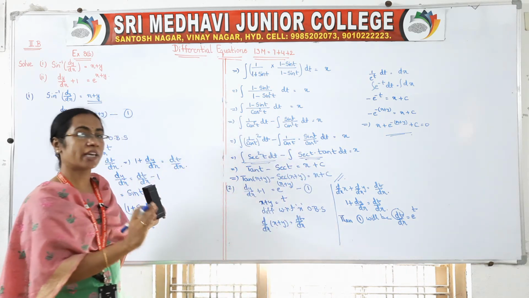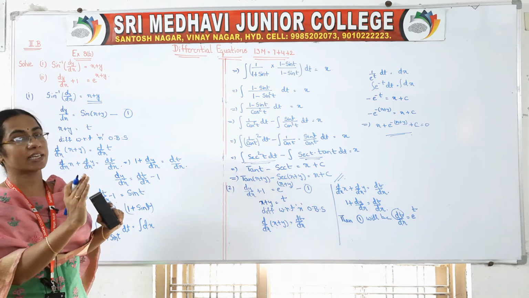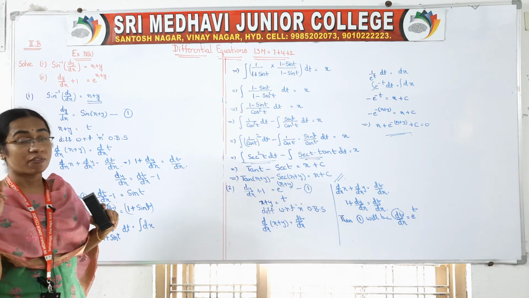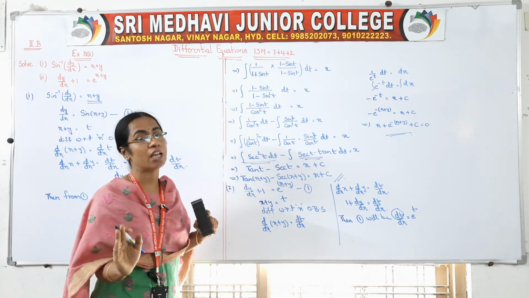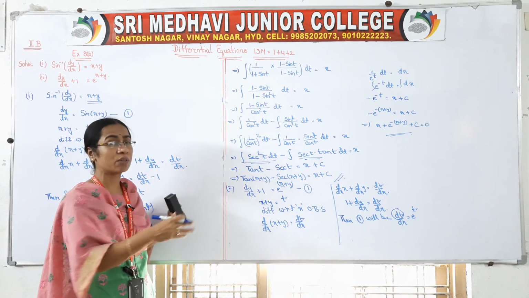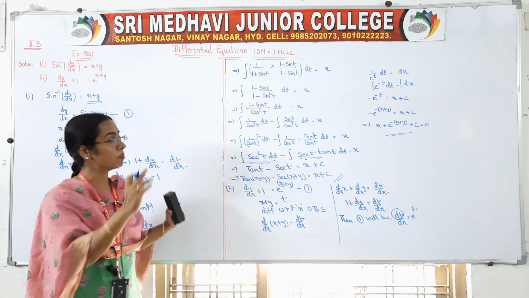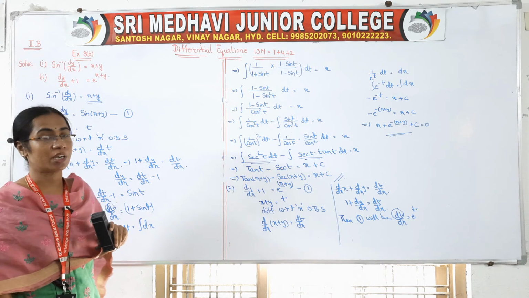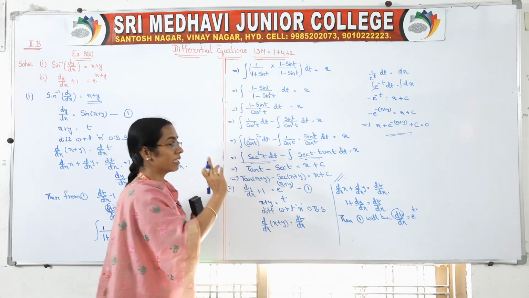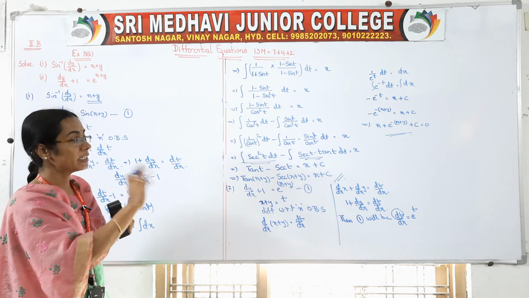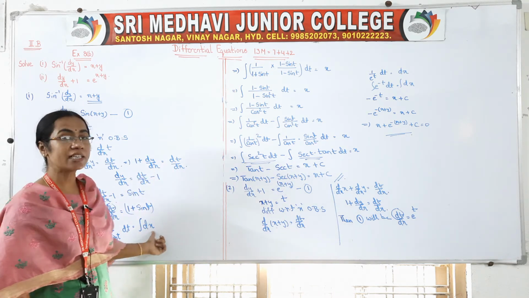So observe, it comes into standard formula form. Integral secant square x, standard formula is there. Integral secant x tan x, standard formula is there. While giving the formulas, I said x means it is a general value. Instead of x, we can have t, we can have s, we can have theta, right? Whatever it be, we will take it in that formula form. So integral secant square t is tan t, integral secant t tan t is secant t, and on that side integral dx we got as x.